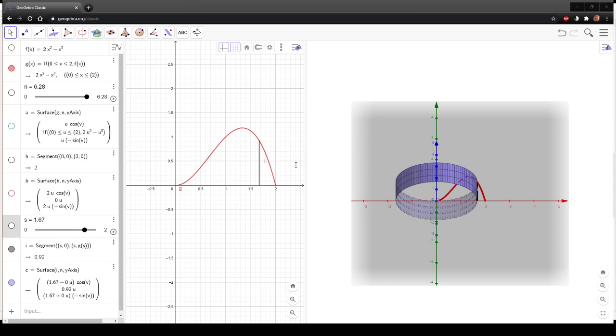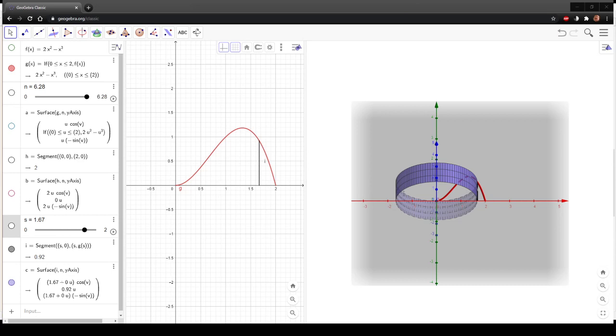In some sense, I think the shell method is actually easier than the washer method, because, as you'll see when we start doing examples, the radius of the shell is always going to be of this form, where alpha comes from the axis of rotation. It's always going to be either this or this, whichever one ends up being positive, because this is a radius, so it has to be a positive distance. And the height of the slice is always going to be the difference between two curves. So I think it actually is much easier to do the shell method,